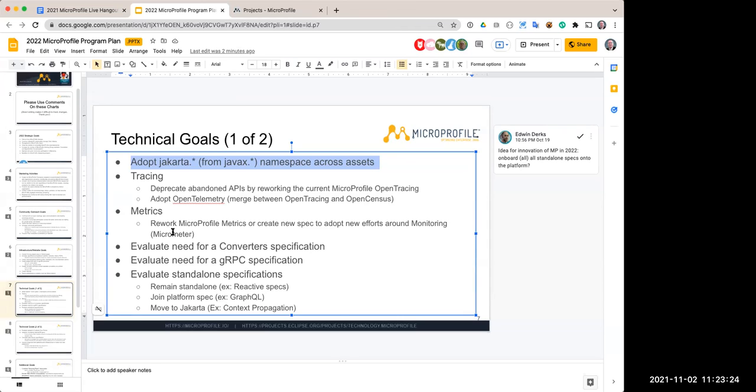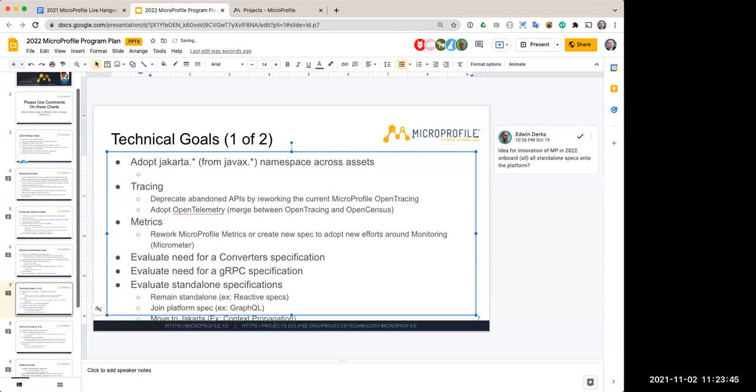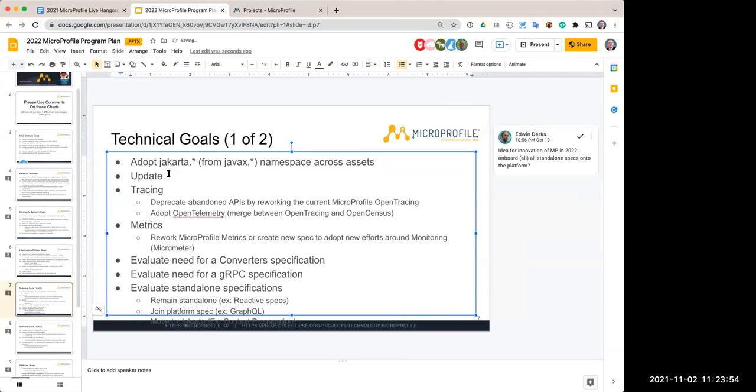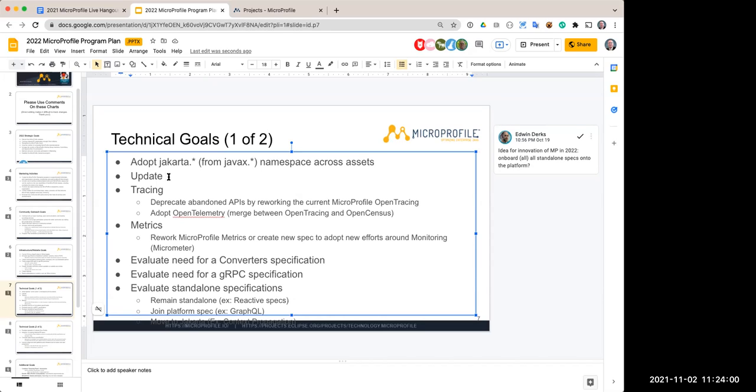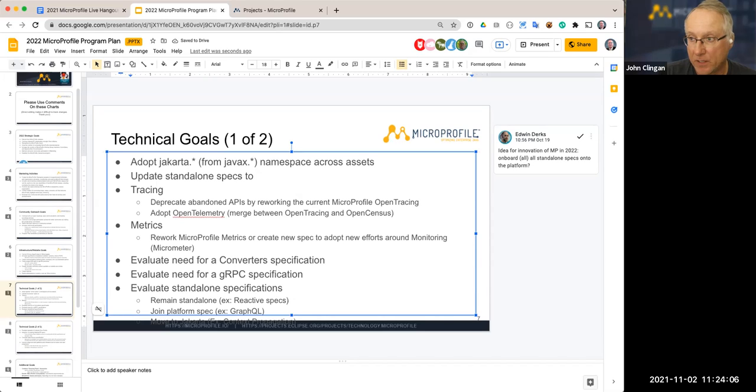Yeah. So I think that's a good point. You can add two sub bullet points on the top for the MicroProfile platform specs and the standalone specs. Not the platform spec, because the platform spec has been done roughly and is going to be released in December. Maybe just say standalone specs. Yeah. No, I think this is actually a different top level bullet point. How about in the standalone specs? Okay, that's fine. Yeah, update to align with the